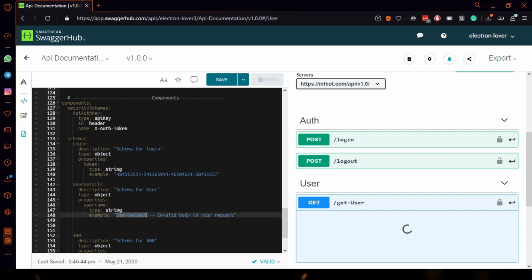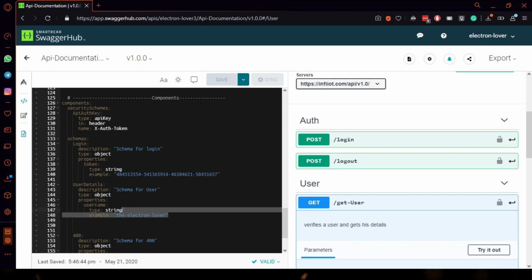So in the response, it will contain username, info, and the birth date of the user. The username is of type string, and example is the electron lover.